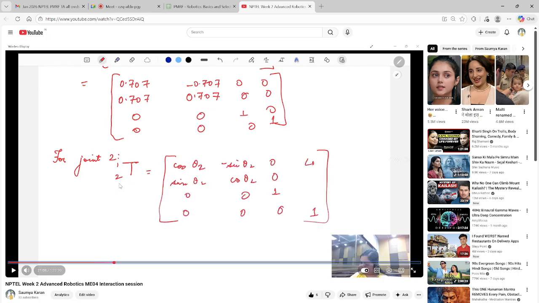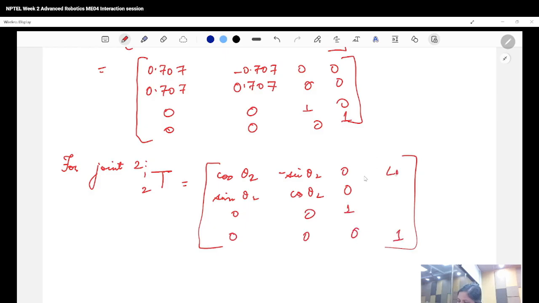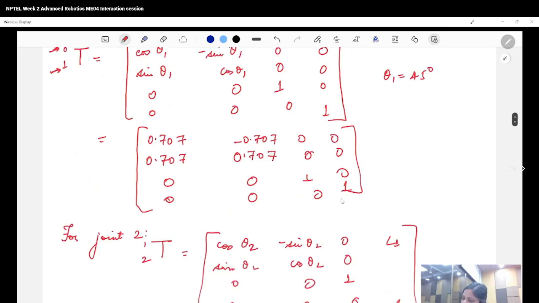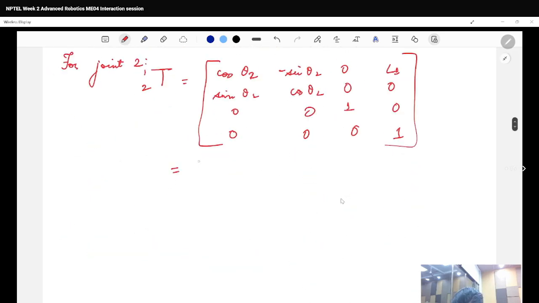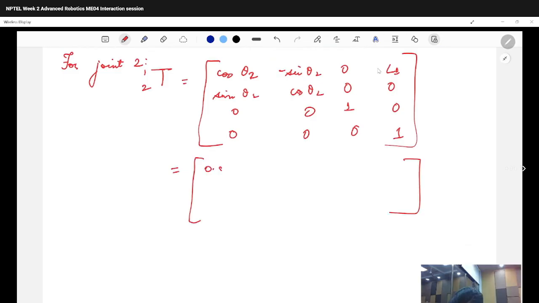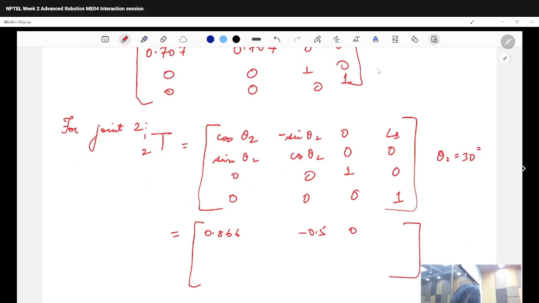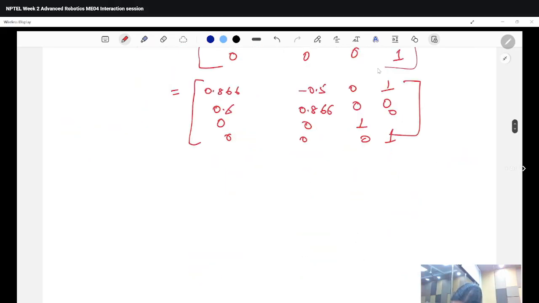We have again a rotation matrix which has theta 2 in it. Once it has this angle theta 2, the same rotation matrix is there, and then we have L1, 0, 0. L1, why? Because we are moving in the x direction, since we have aligned our x with the link. So L1 is the offset that we have for the link. And then we can substitute the values here for going from 1 to 2.